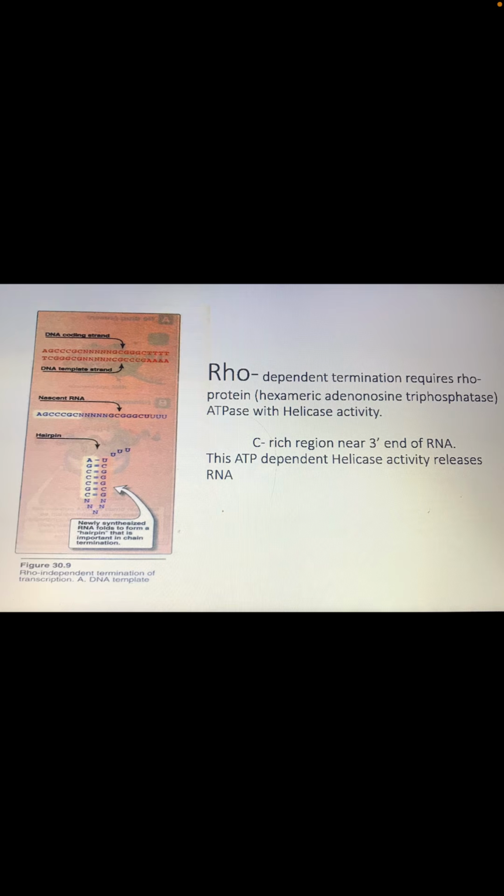First of all, see, there is the double-stranded DNA. One strand is the coding strand and the other strand is the template strand. And a nascent RNA, or newly synthesized RNA, is formed from the template strand of the